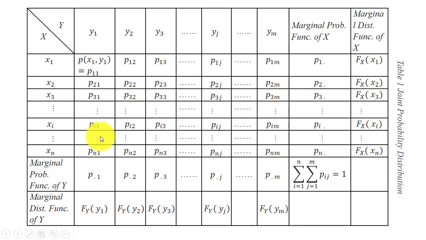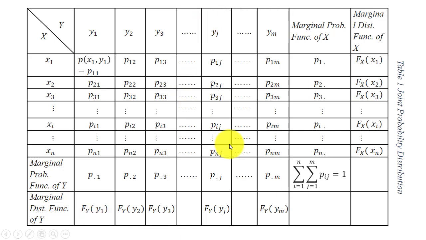Similarly, you can find the marginal distribution function of y. If you observe the first column, y1 is the same and not changing, whereas the value of x is changing, x1, x2, x3 and so on up to xn. If you take the sum of all these, it's known as the marginal distribution function of y. It means y is constant, we take the value of y as y1 only, and we change the value of x and take the summation of all these. So it's called the marginal distribution function of y.